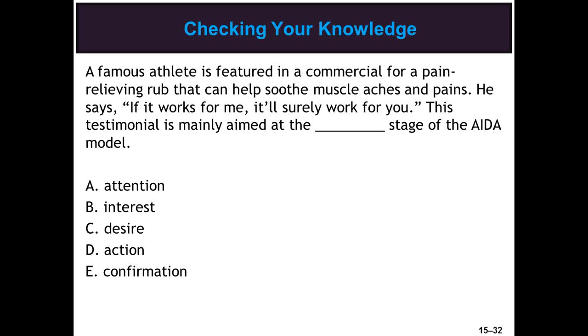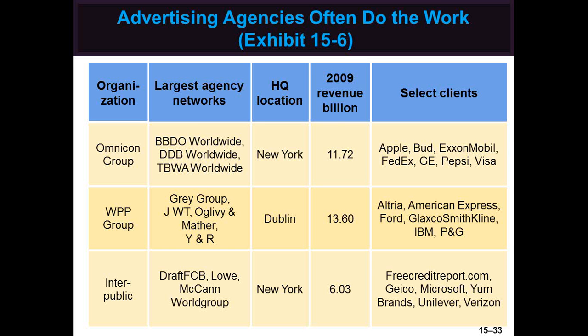Agencies can range from small specialists to large full-service companies. The biggest agencies handle much of the advertising, which is shown here. Many mergers and acquisitions have created these mega agencies. Smaller firms continue to have an important role because not every advertiser has the need or the resources to deal with a huge ad agency.